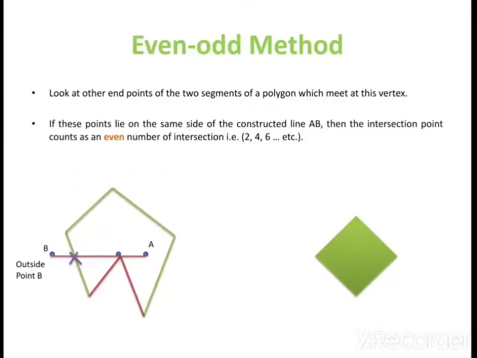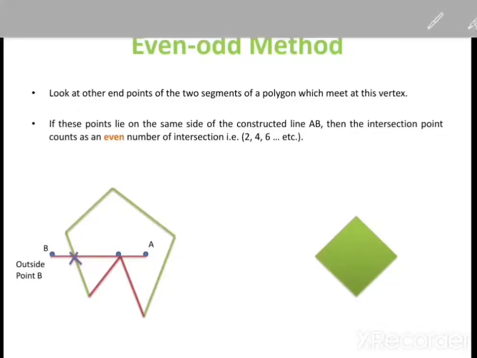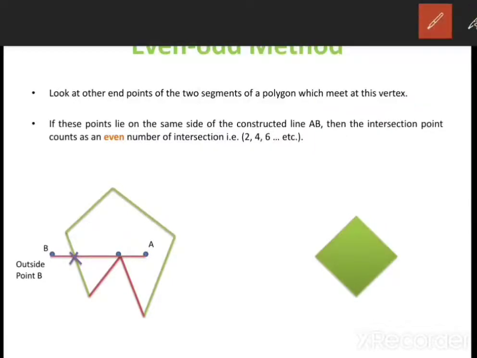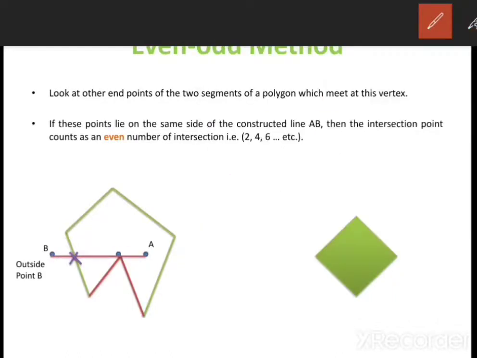So now these two vertices we have to check, right. So we will see with this. This is one vertex, okay, and this is the other vertex. So if these two vertices are lying on this one side of the line AB, this is my line AB, so these two vertices are lying on a single side of AB, right. So in that case we have to consider this as an even count. We will consider this as an even count. So for this intersection point, the count will be even.